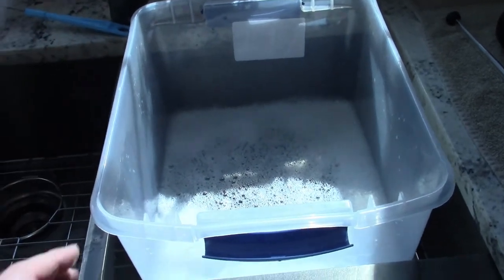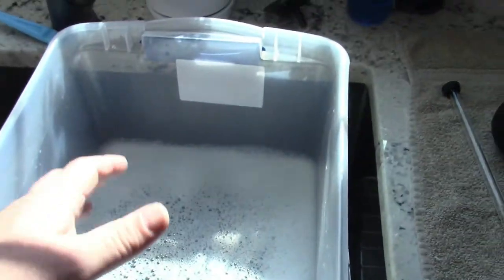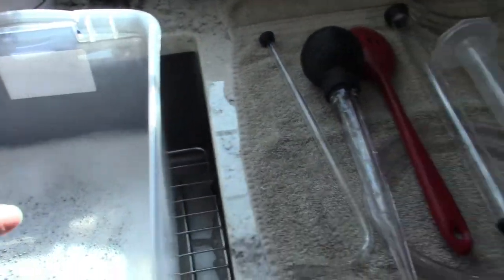Just follow the directions, and you see it's foamy. So Star San foams, especially when it's fresh. Don't worry about the foam. And then I take my stuff, I keep it in this little tote here, take it out, throw it in there, do a little bit, and then put it here to dry, as well as the fermenter and